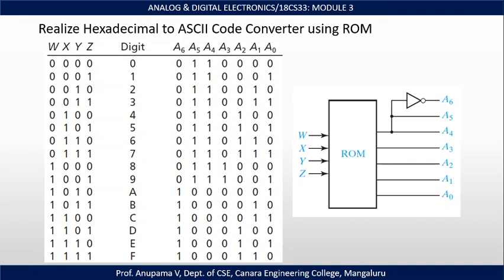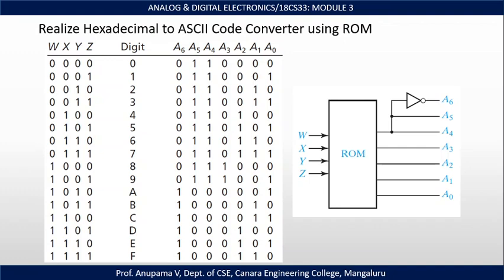After looking into the truth table, we see that there are 4 input variables, hence n is equal to 4, then 2 to the power n is equal to 16. So we need a 16 cross 5 size ROM, or programmable read-only memory. We need only 5 output bits, since if I see the truth table, output 5 is the same as output 4 and output 6 is the complement of output 5.